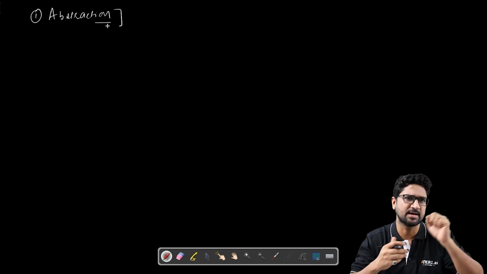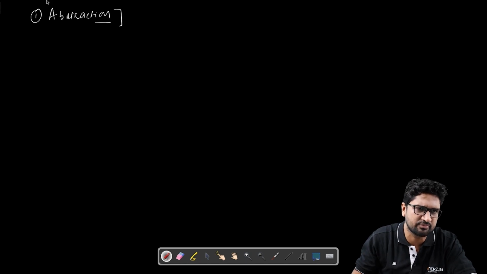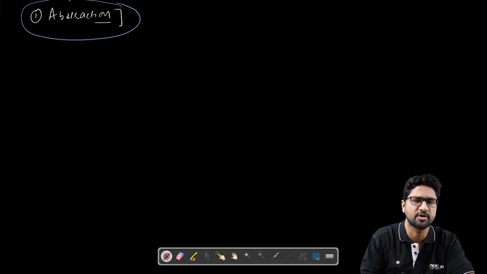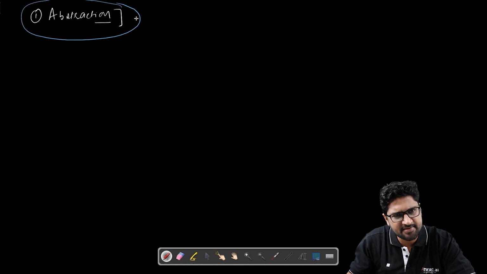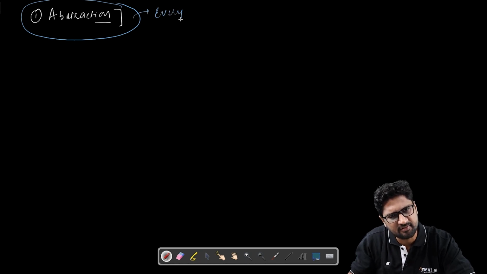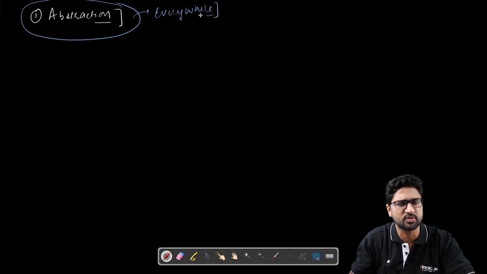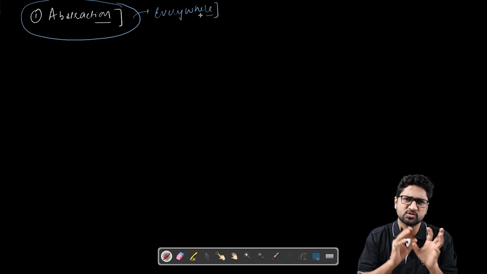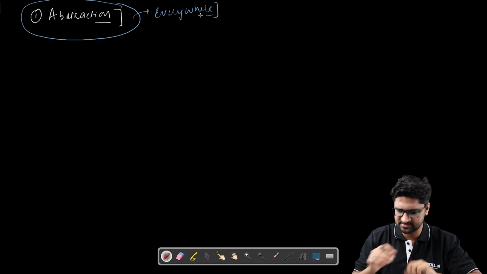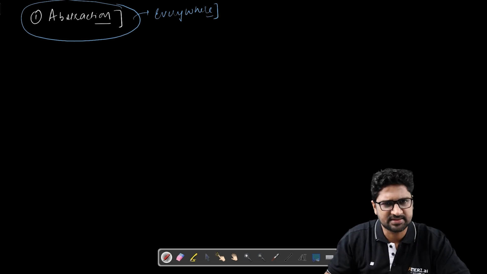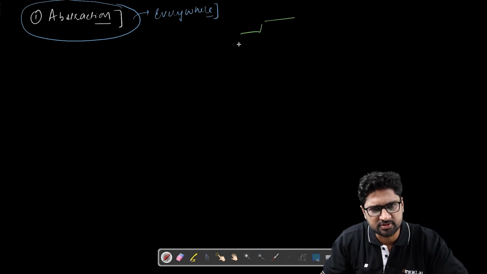Let's take a real-world example itself. This word abstraction, which we are using now that we are going to make use of object-oriented programming, is everywhere. Everything that we do in the real world, to some extent we are making use of abstraction. I'll give you an example. Say, for example, when I started learning how to drive a car,